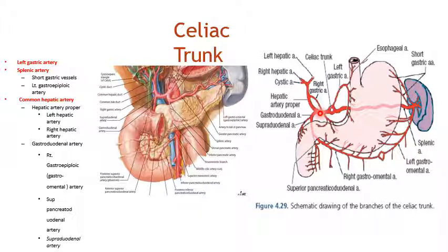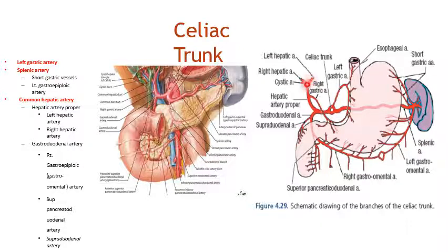This is common hepatic. And finally it reaches the porta hepatis and it terminates by dividing into right and left hepatic arteries. So here there is liver. You can see here it ascends upwards. This is the porta hepatis and it is lying anterior to the portal vein. This is portal vein. It is lying anterior and to the left of common bile duct. This is the common bile duct. It is lying to the left and finally it is terminating into two arteries. These are the right hepatic artery and the left hepatic artery.